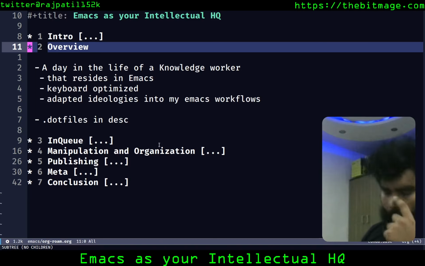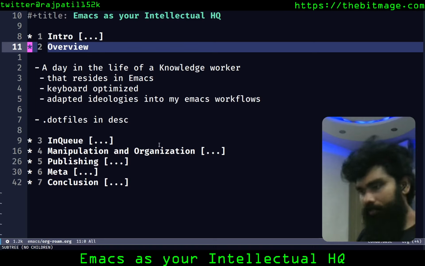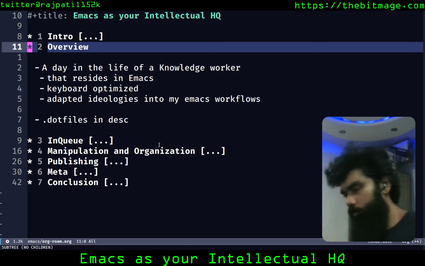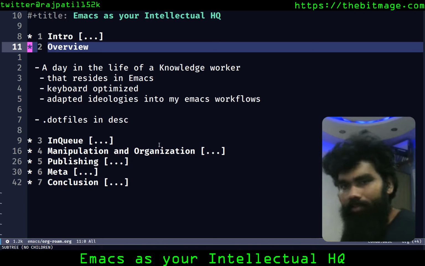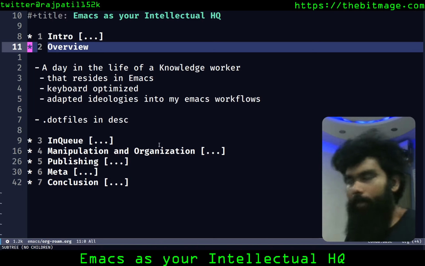This is going to be more about a day in the life of an intellectual worker who just resides in Emacs and has a pretty keyboard-optimized workflow. Probably the percentage of time that I use the mouse in my days is around 5%, when I'm checking mail here and there, or even that, I might just use Vimium. But then I'm being lazy, sipping coffee with the left hand. I might just use the mouse to check mail and scroll around. So this is heavily keyboard optimized. If I'm working, I'm not sipping coffee, both my hands are on deck.